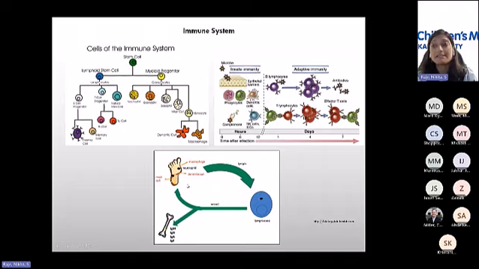So these cells start releasing cytokines that go to the circulation and give the message saying they need help. And the first responders, such as neutrophils, come to the site of infection to help fight that infection. In the meantime, the dendritic cells get into the lymphatic system and go to the lymph nodes with the information and provide that to the cells of the adaptive immune system, mainly the T cells, and the message reaches the